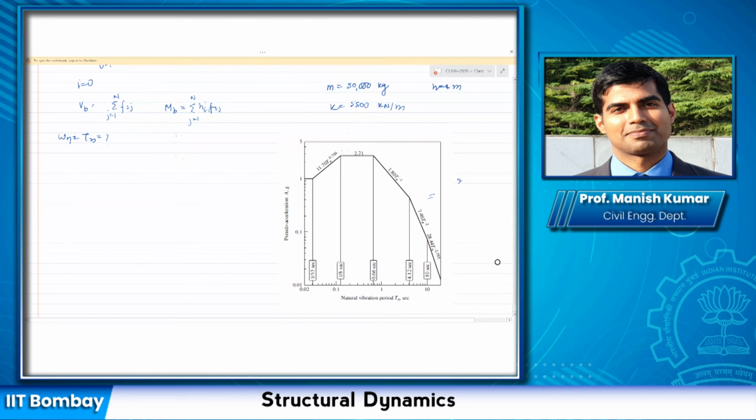So whatever you get from here, just scale it by 0.25 g. Okay, and then you need to find out what is the base shear of this building. Can you do that quickly for me? Just follow the exact procedure that we did yesterday, but now utilizing the equation for discrete system.